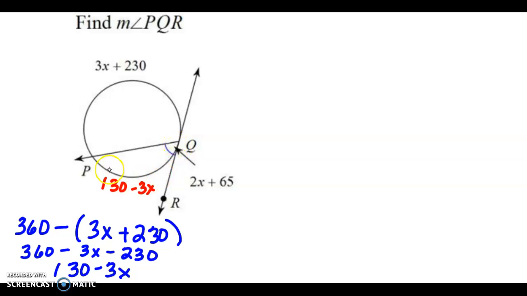So I could say this plus this equals 360, but what happens when I do that is the x's just drop off and I get 360 equals 360, so it doesn't tell me what x is. So I have to somehow incorporate this angle measure. So I'm going to say, all right, well, I know that that angle is on the circle, so that angle will be half the intercepted arc. And here's the angle, here's the arc, so it's going to be